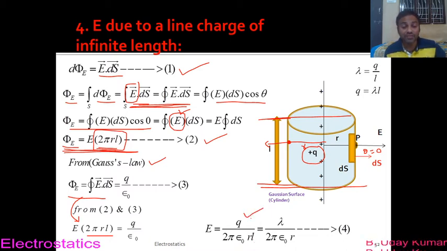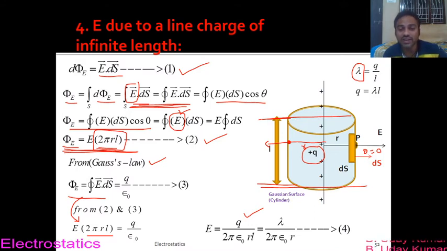You can stop here itself if you want. But as I already mentioned at the beginning of this topic, since this line charge is an example of linear charge distribution, we can study this system in terms of lambda, which we call the linear charge density. I already told you this, right? So I can write this electric field intensity in terms of Q or in terms of lambda. So what is lambda and how do we determine it?